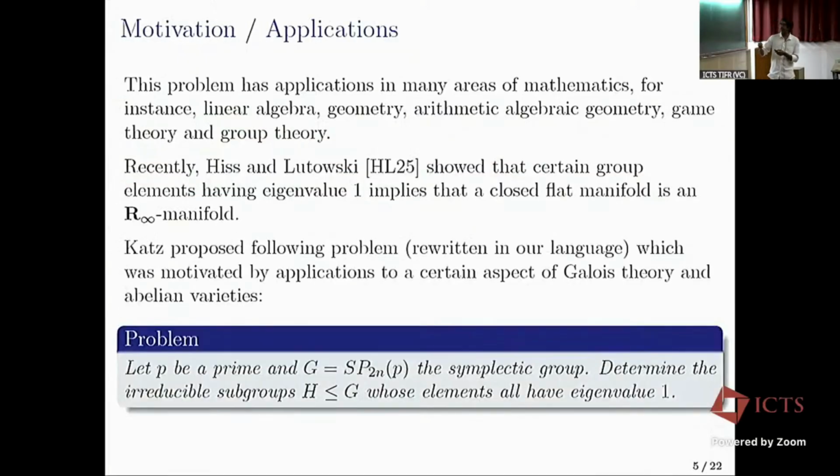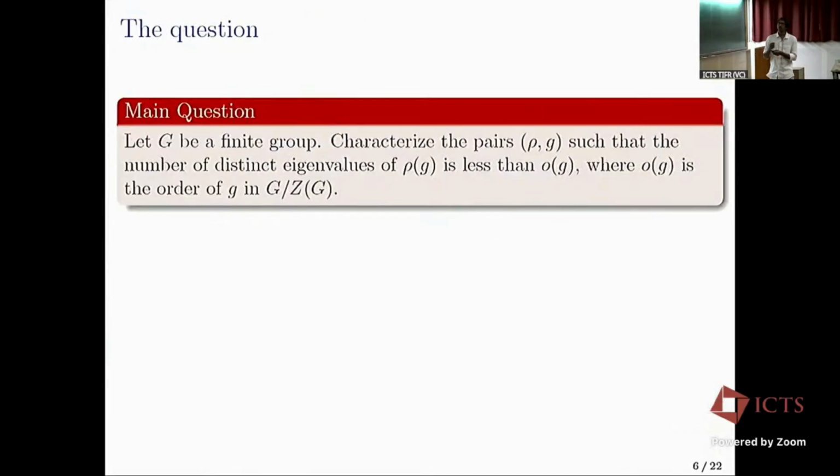Irreducible subgroup means there is a natural representation, which is F to the power 2n, and the subgroup has to act irreducibly on it. So at least for today, what we are going to do is solve this question for a specific group. So the question is, can we characterize all pairs (rho, g), consisting of irreducible representations and elements of the group, such that